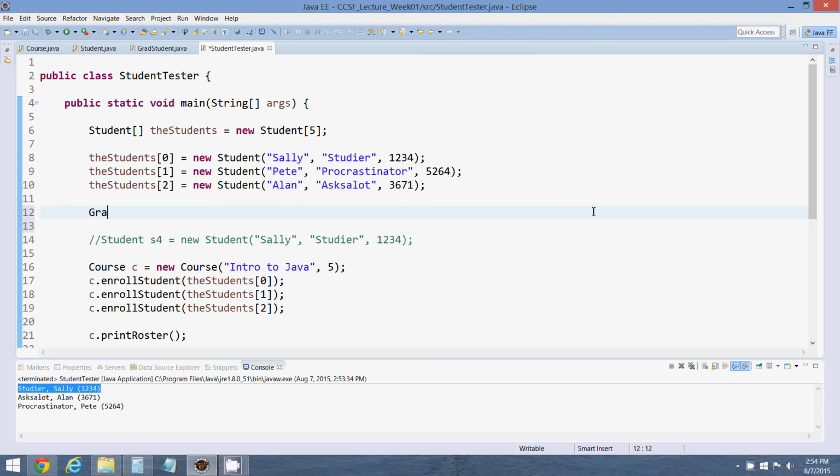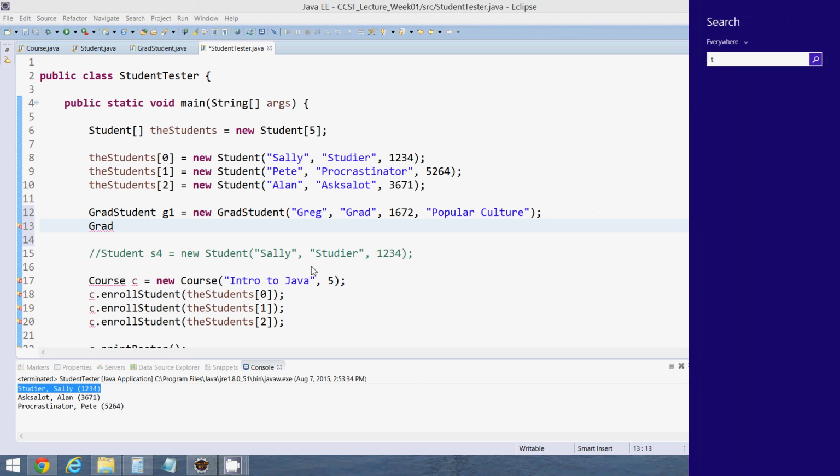So if I wanted to just create a grad student object like this, I'll call it G1, I could do that, and I could send in Greg Grad with the ID 1672, and let's say the thesis topic is popular culture, I don't know. Okay, and I could create a second grad student,